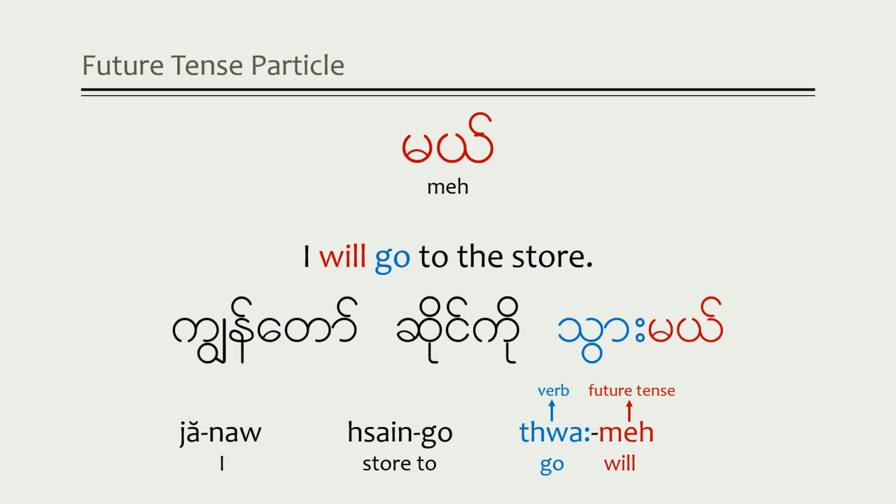So for instance, when someone says that they're going to do something, there's always a question about how quickly they're going to do it. So when my son says he'll take the trash out, there's a good chance it isn't going to happen anytime soon. But in Myanmar, there's a way to indicate that something will be done soon without actually using the word for soon. Let me show you what I mean.